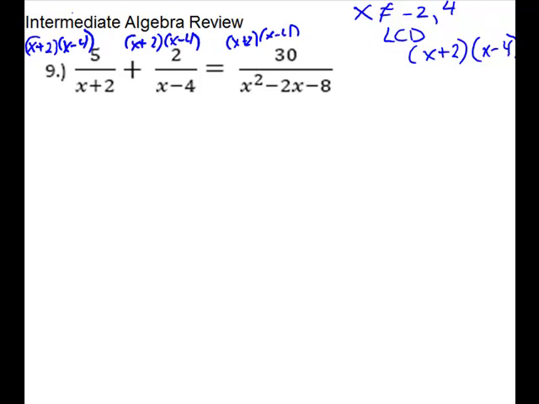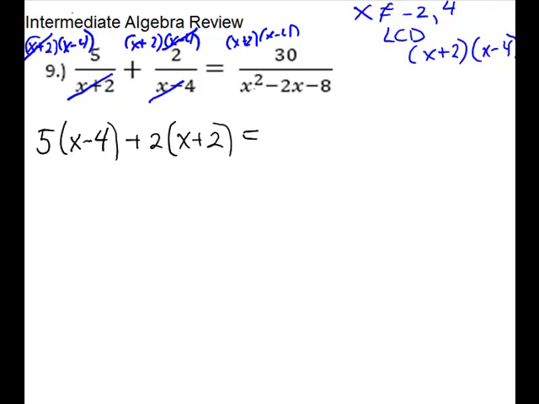Right, and now we'll clean up for our first one. The x plus 2 will cancel. So we have left 5 times x minus 4. Keep parentheses on there. Right, our next one, the x minus 4 will cancel. So we have plus 2 times x plus 2